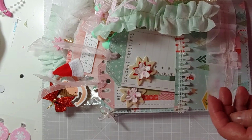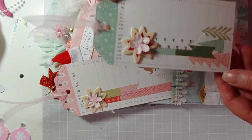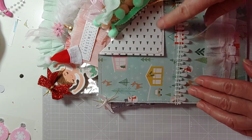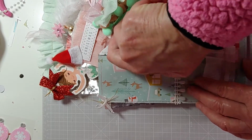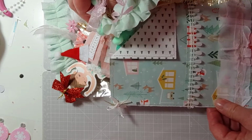So there's that. And then in this pocket also is this tag, which I've already showed you, and this tag, which I already showed you. Okay, this is the rest of the pocket. I folded it back, so it's all stitched around. So that's just kind of the back side of the paper, so it's just folded down. Okay, next off, the first thing you come to is,